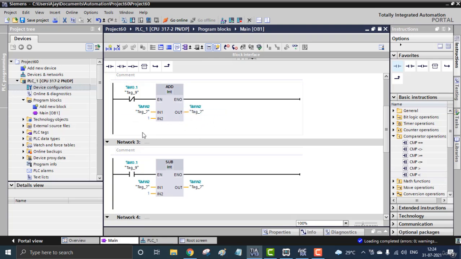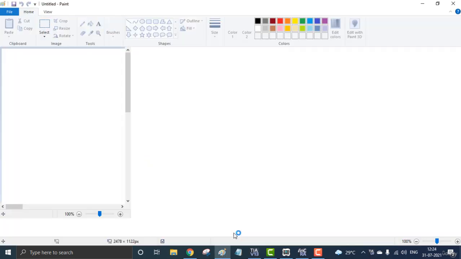That means that will increment 0 to 1, 2, 3, 4, 5, 6, 7 and going. And here is the subtraction. The same memory MW2 is subtracted by 1 and stored in the MW2 itself. That means that will go up and down like this. I can show you the preview of how it is actually working.